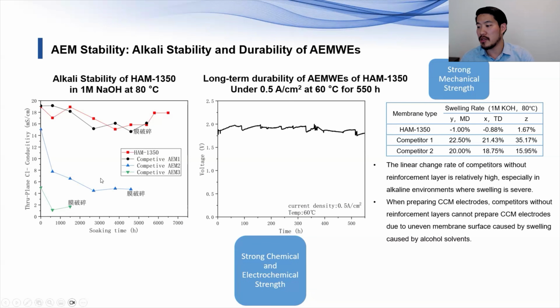Going into that, there are other tests, the chemical strength tests, and then also electrochemical, as we talked about. As you can see on the left side, with our AEM, we have it in acid actually. With our competitor membranes, we see that they start breaking after a few thousand hours. Then we also have ours here in the red, which shows that after the other three broke, ours was still standing. There are different situations where you would use the membranes. It could be in saltwater electrolysis, where different chlorine gases are going to affect it, or if you want to have an acid. You want to make sure that your membrane can last through all of that.